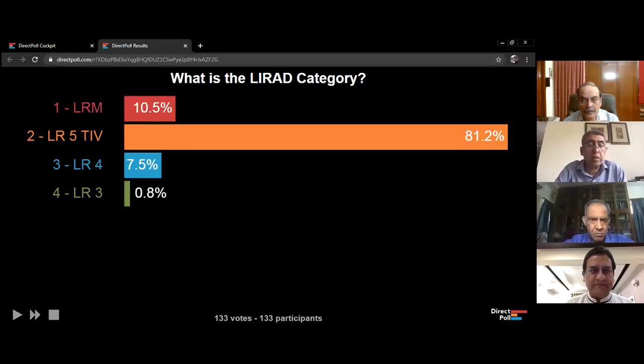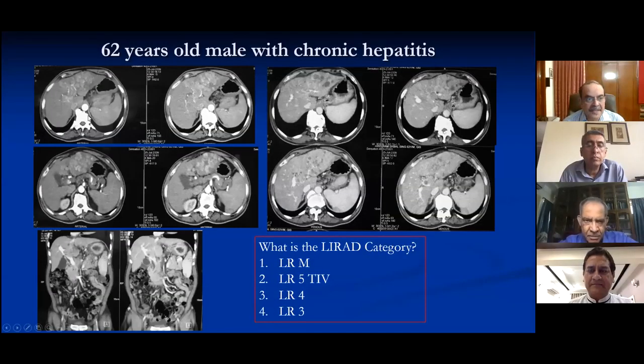The answers would be coming in. These are the answers which have been given by people. So very good. I think most of you have got it right. This is indeed an LR5 TIV lesion. And if I can go back to my screen for a moment, the reason this is LR5 TIV is firstly,